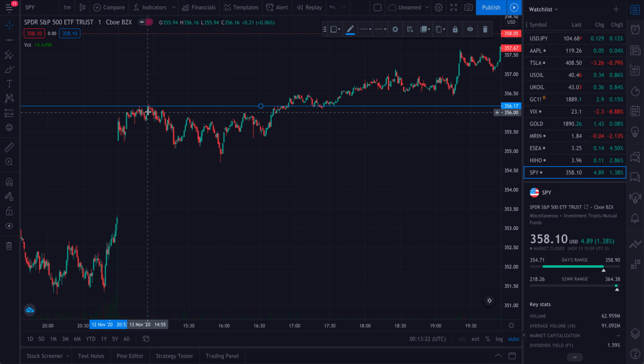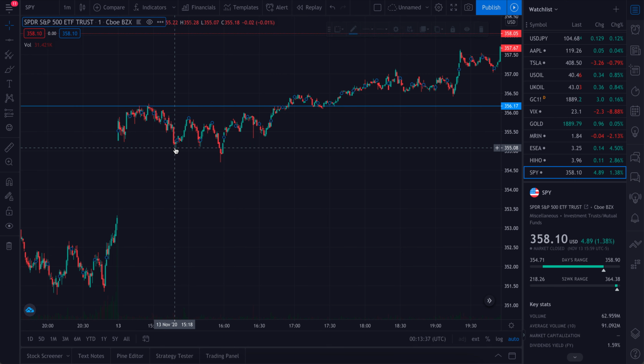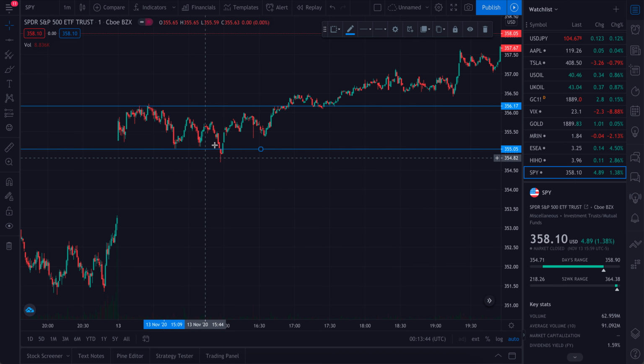Short sellers saw it was approaching here, placed their stop losses directly above the level of resistance. It went above, triggered it, but there was no confirmation. Came back down, sold off, and bounced off right here. So here we have another level of support, initial support. So it comes down here, tests this initial level of support, bounces off, comes back up, does not have enough momentum, can't even test the initial resistance level.